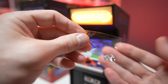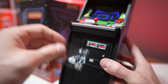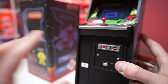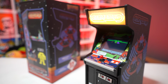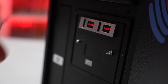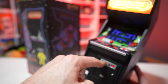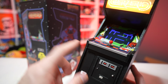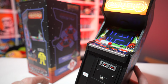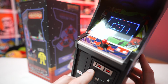And as always, we have our little faux quarters, but these are special this time because you can actually insert them into the coin slot and it adds credits. Yes, that's right. That is an amazing new feature on these machines. These little bitty quarters that they've been giving us for years for just display purposes are now functional. We can now put them inside the unit and it coins up. And if you don't want to try to hold these little tiny quarters, because I can't even do it, I got to do it with tweezers, you press this button right here on the front and it coins up and you can see it adding credits